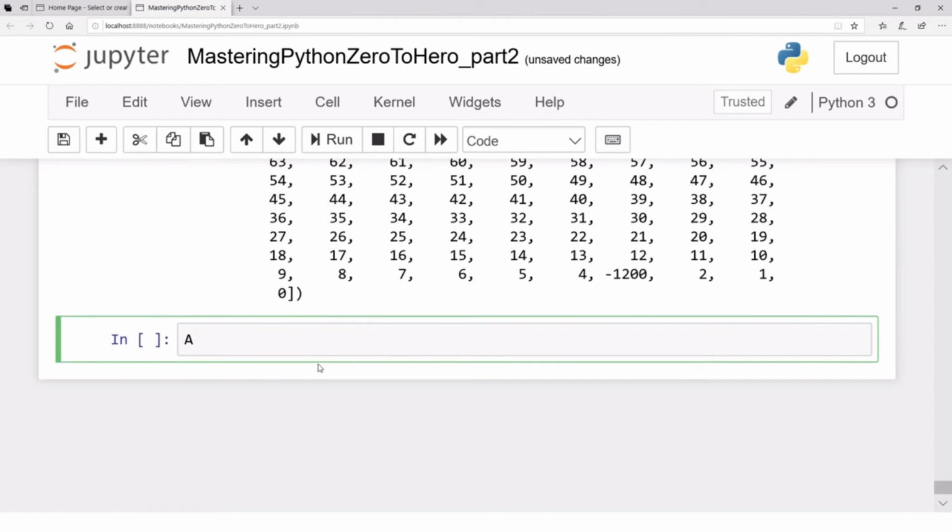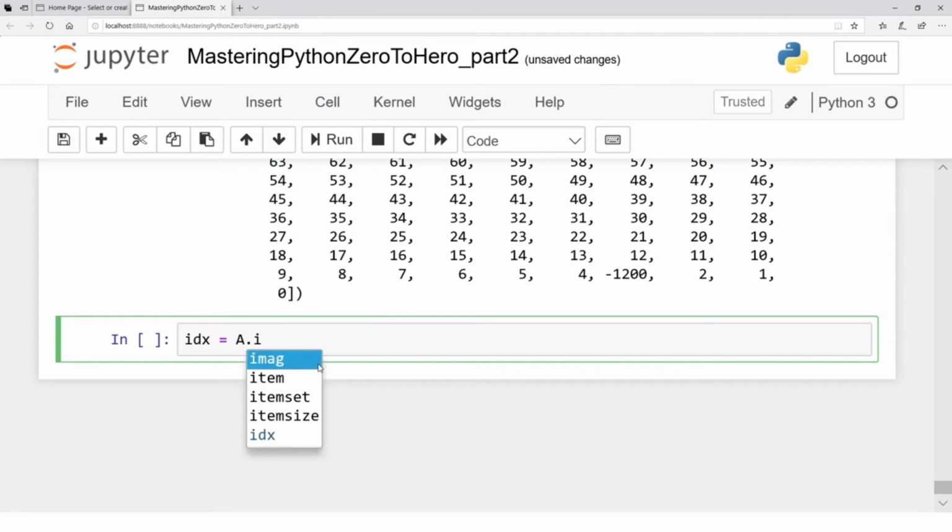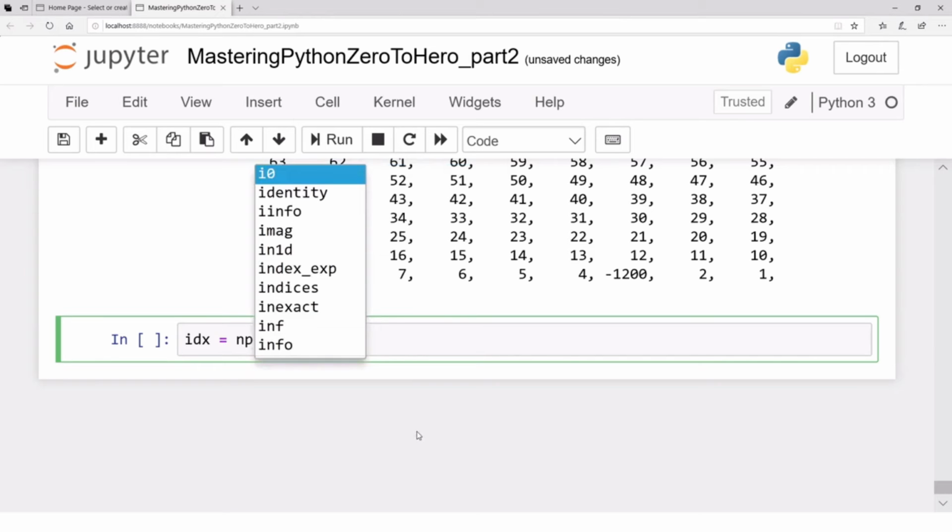So A at position, so I want to find out the index where this -1200 is located. So idx is equal to A dot index. I guess there is a function index. Yes and no. Index. Oh, there is no index there. Is there np dot index? Np dot index. I want to find out the index where